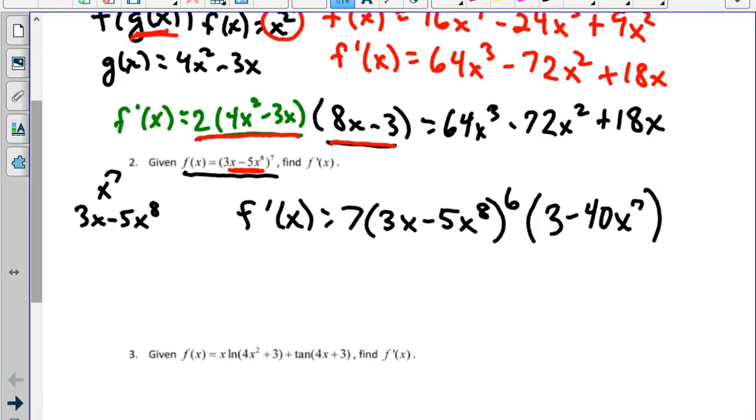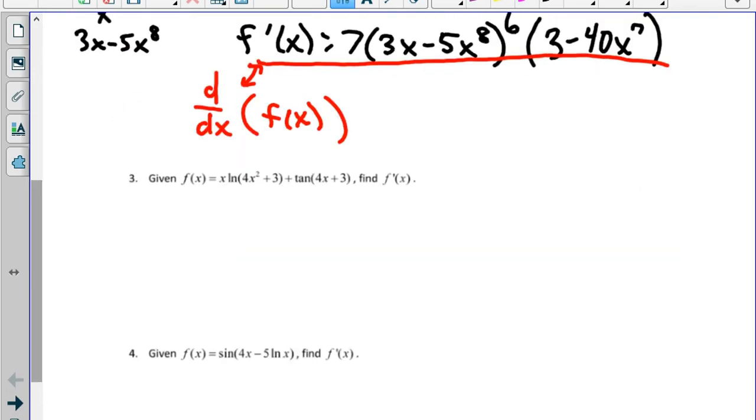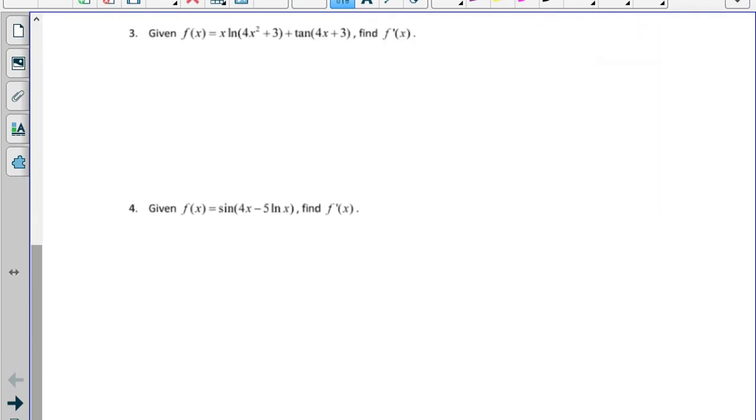Anytime you want to make sure you're right, you can take your original function, do d dx of the original function in Desmos, and then type your answer that you got in Desmos and see if these two match up. So that's a way that you can always check your answer. Number 3,